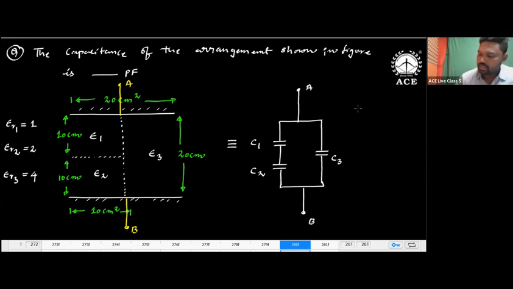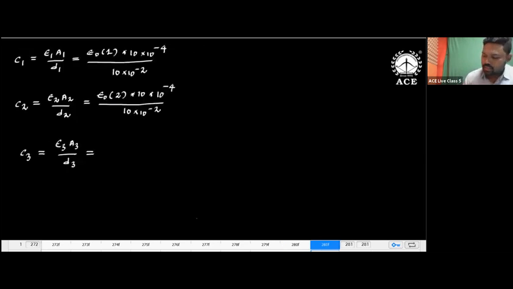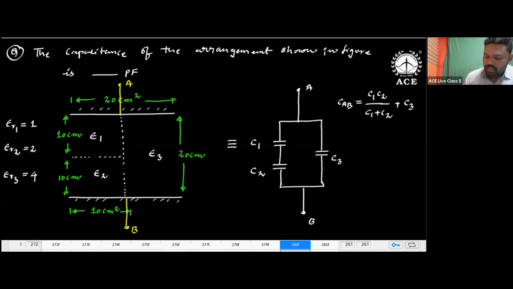Hope you would have learned this circuit theory from your signals course. What is the capacitance between A and B? C1, C2 divided by C1 plus C2, plus C3. That is all the thing. So there, C3 is epsilon 3, which is